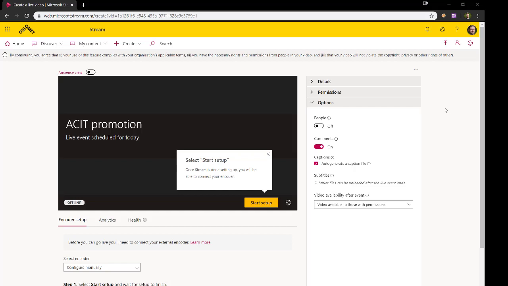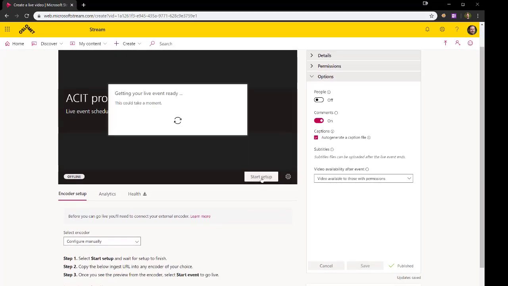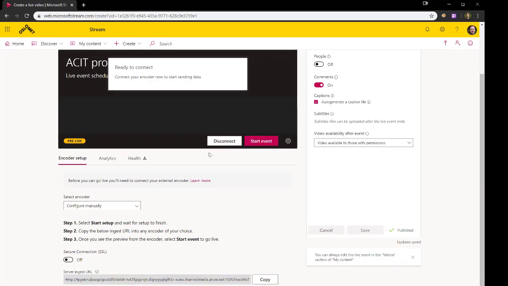What we need to do to actually get started is to connect OBS Studio with Microsoft Stream, and you cannot do that until you press Start Setup. When this happens, it creates the kind of back-end capturing device that you will send your stream to. This takes a few seconds, and once this is ready, you will see a URL. So now it says ready to connect, and now we have a massive URL right here. I press copy on that one,